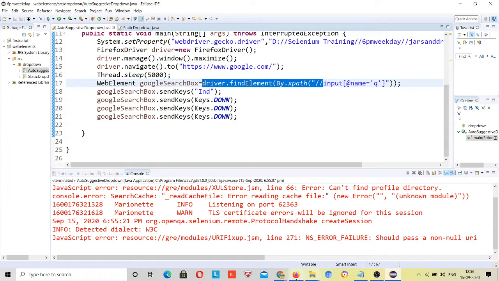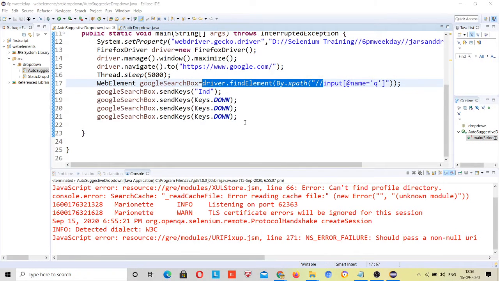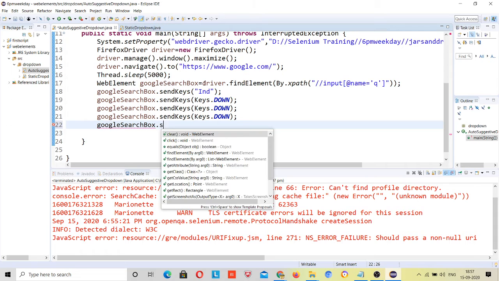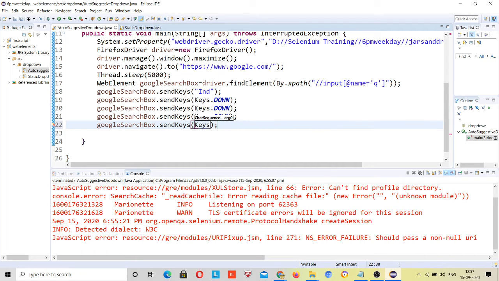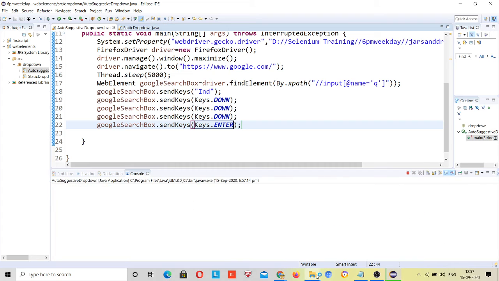So why did it not work? Okay, let's close it first. Actually it came to the third place, but we did not click it, right? Do we need to do click, something like that? Let me check first. Dot send keys, Keys dot enter. So after entering, this will be your desired result. See first.